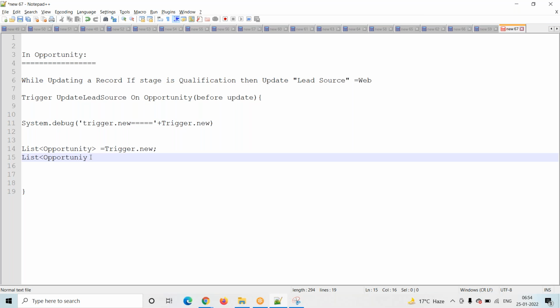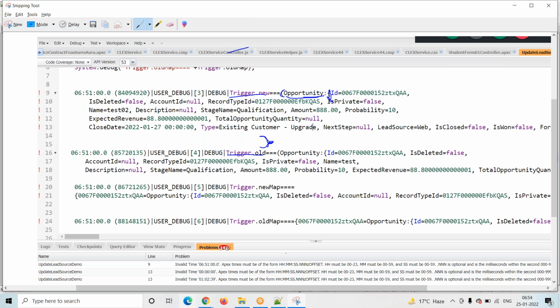The format is list format only. Trigger.old gives the old values, but the return type is list format.